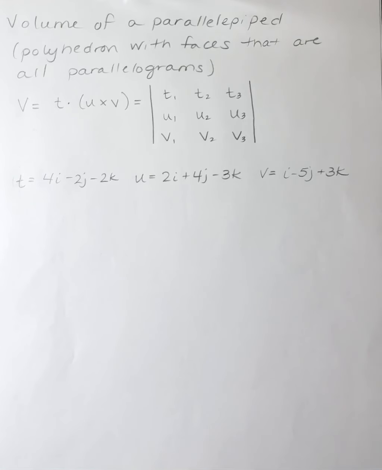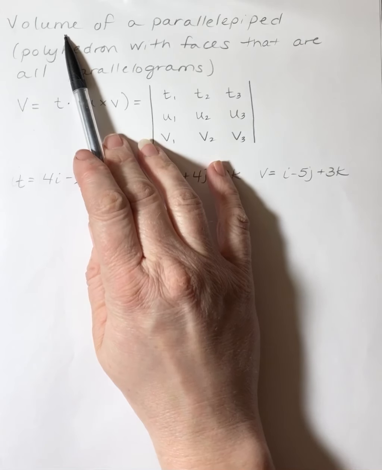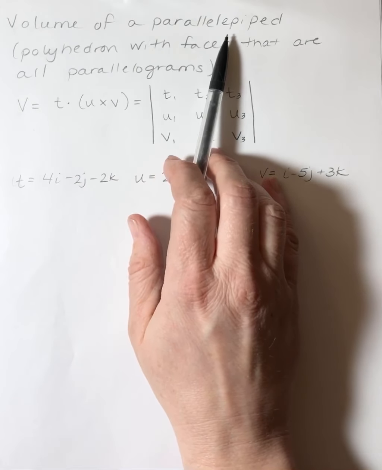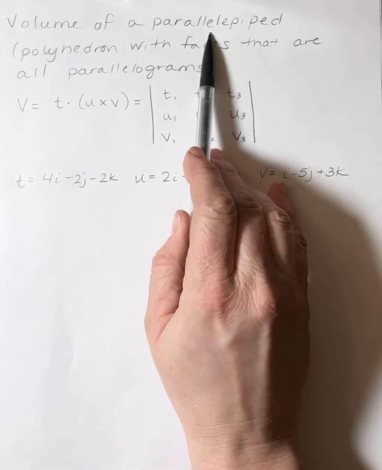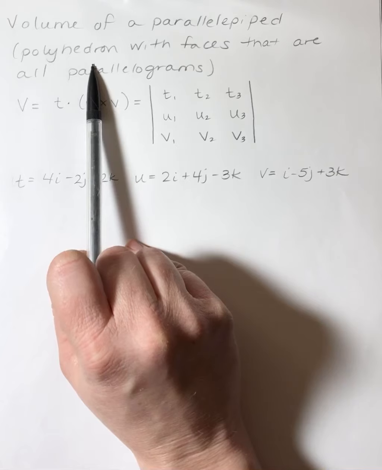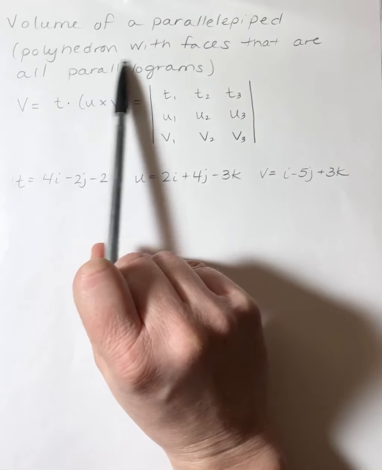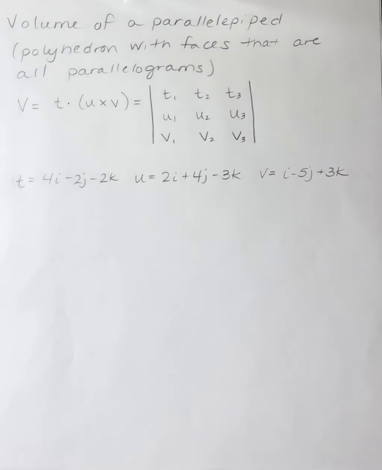All right, last one for chapter 8. This is another quirky thing, and this is another shape that you may not know off the top of your head. Volume of a parallelepiped. Okay, this is a three-dimensional figure, which we call a polyhedron, if you remember that from geometry. So it's a polyhedron with faces, those are their sides, that are all parallelograms. Okay,